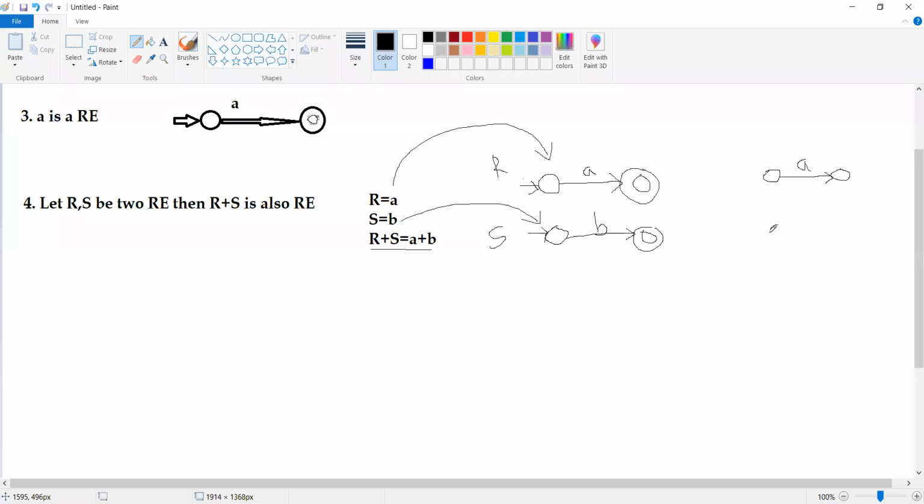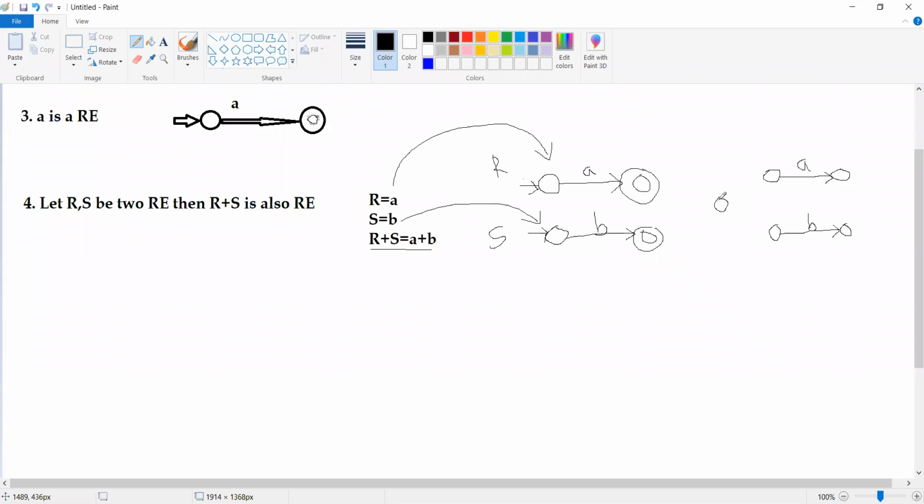And here this is the initial state and this is the final state of my second finite automata. I am going to call it B. Individually they have their own final states, that's fine. But when I do the union of these two, I am going to get a new initial state.